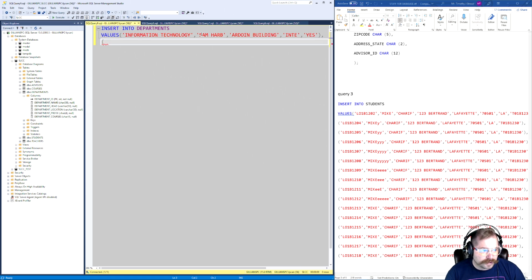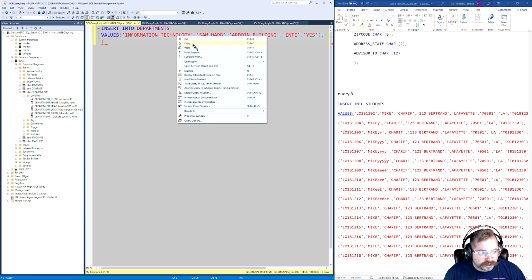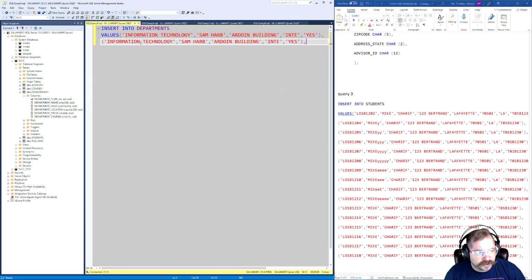Now, instead of having to type that in every time, what we're going to do is copy, including the comma. I'm going to Control C, or you can right click copy, and then Control V, or right click paste. And now we're going to do another department. So let's go programs offered. Let's do application